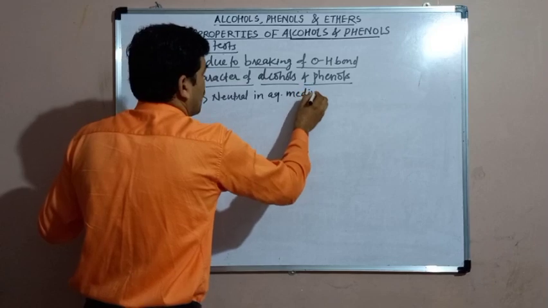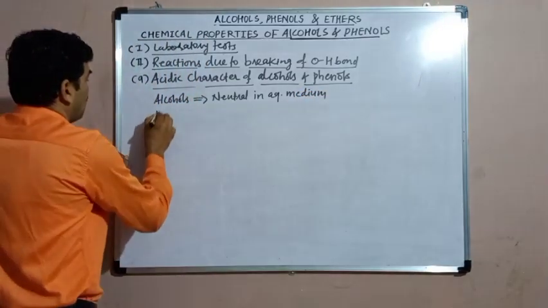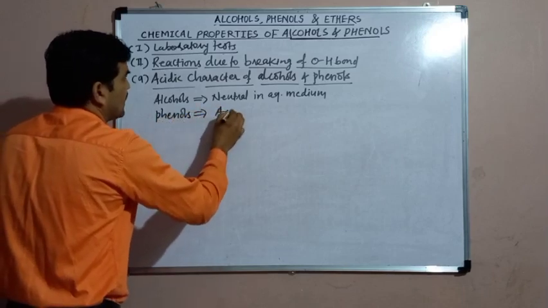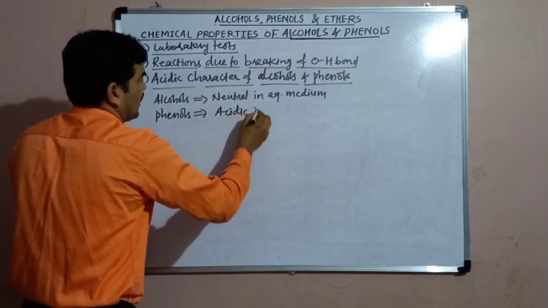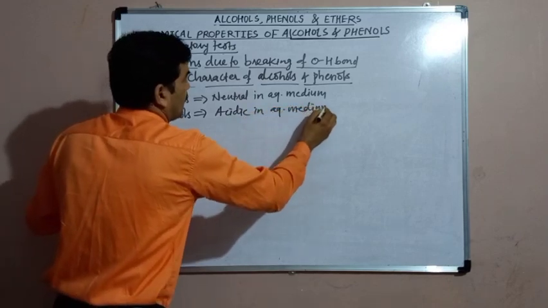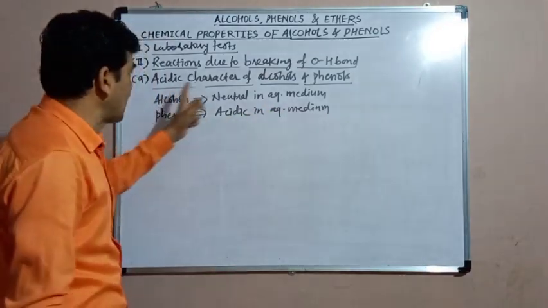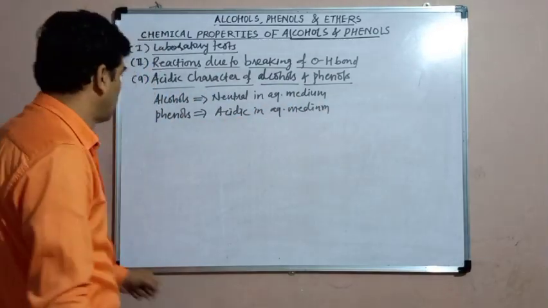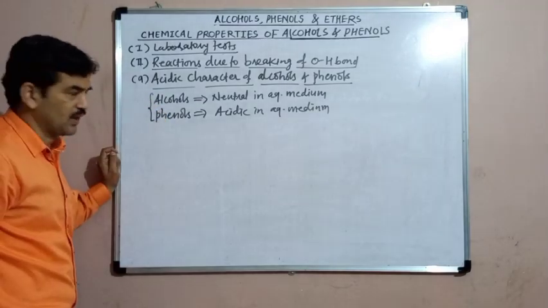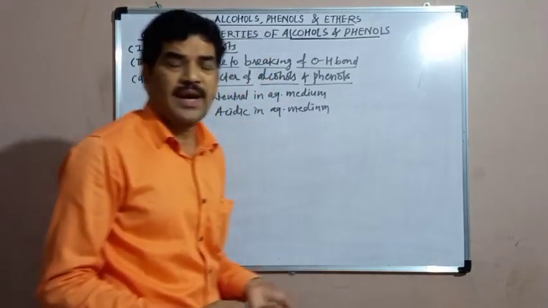That is, when they are dissolved in water, they are almost neutral. They give the neutral solution. But the phenols are sufficiently acidic in the aqueous medium. Phenols are sufficiently acidic in water. Alcohols are almost neutral in water. Now this difference in their behavior, in their character, can be explained on the basis of their extent of